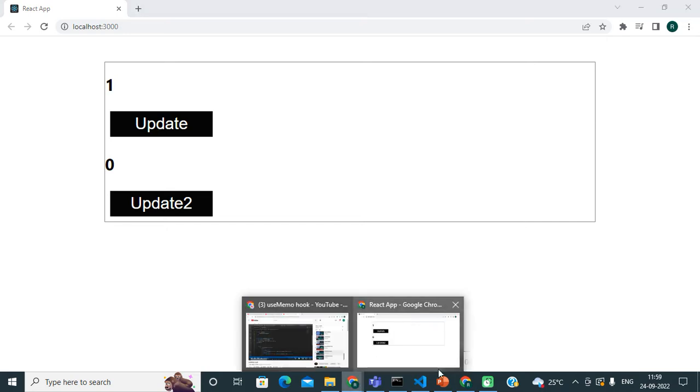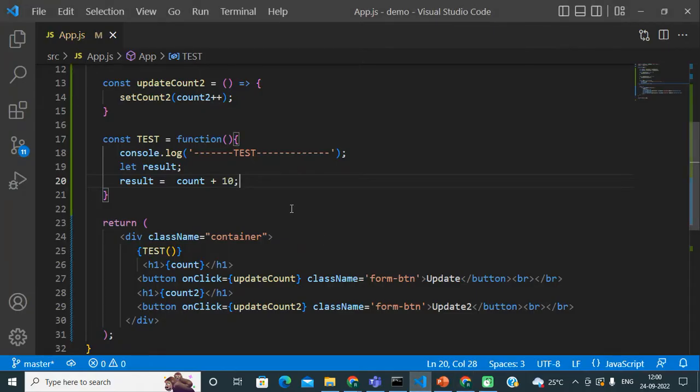In that case also this function is getting executed, because this time we are incrementing the count state to 1, so it is again adding 10. This time it is 10 plus 1, that is 11, and this is also fine.